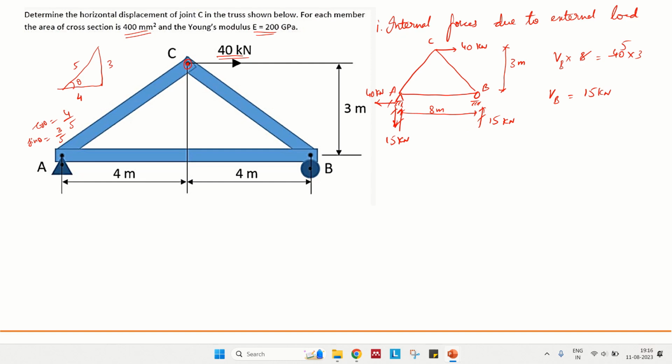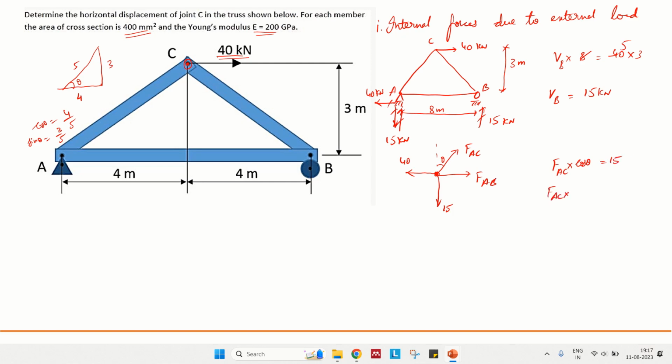So what we'll do, let us take this point A. This is point A, this is FAC, and let us say this is FAB. At this joint we have 15 kilonewtons downwards, and we have 40 kilonewtons towards the left. Let us take this angle as theta. So FAC times cos theta